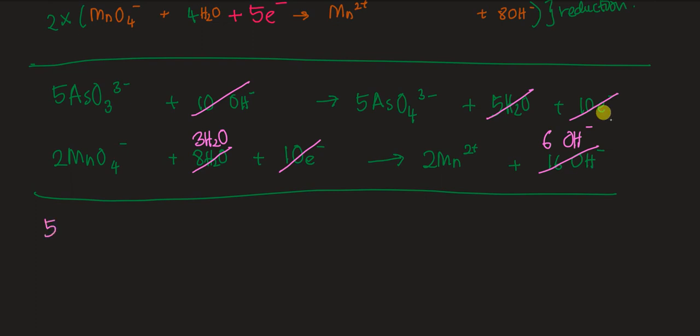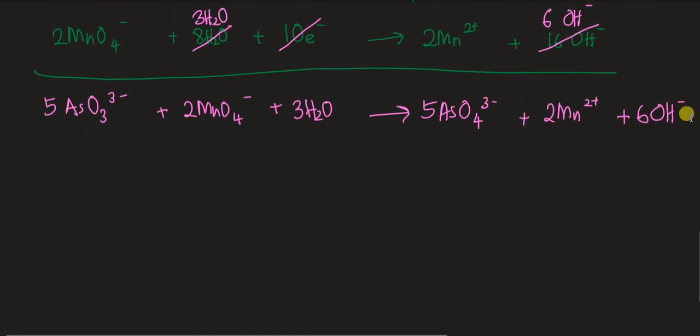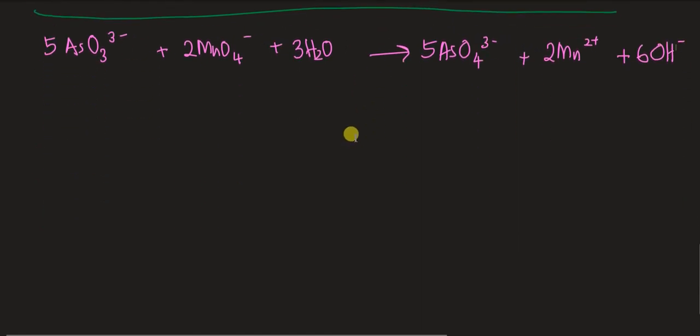So bring the terms together: 5 AsO3 3- plus 2 permanganate ions plus 3H2O, and it will produce 5 arsenate ions plus 2 Mn2+ ions plus 6 hydroxide ions. Okay, so this is the final equation, and again, before we leave this as a final answer, make